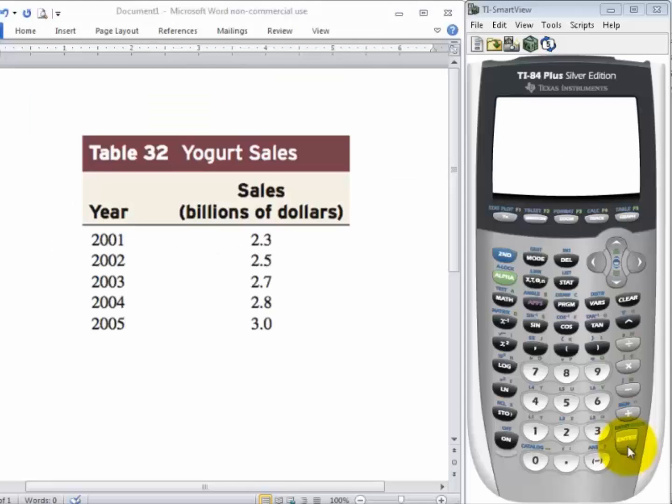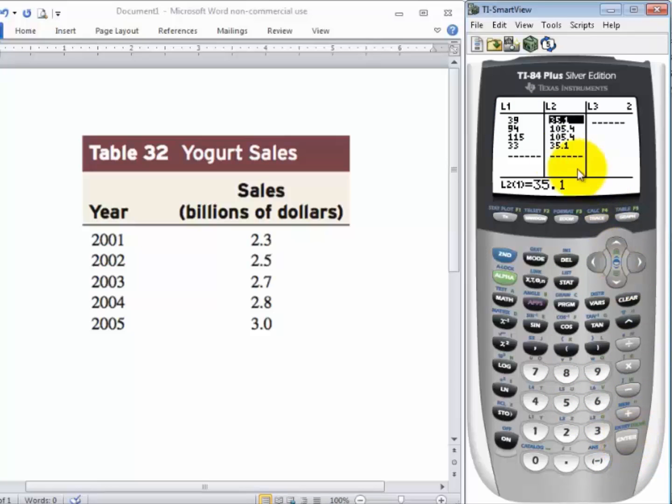So if you recall, to plot a scattergram, we need to go to Stat, go to Edit, hit Enter. If you have any data in List 1 or List 2, you can clear them out using your up arrow key, hitting Clear, and Enter.